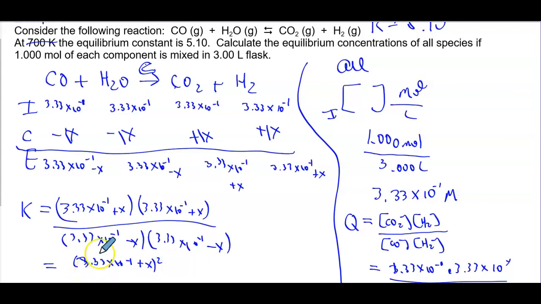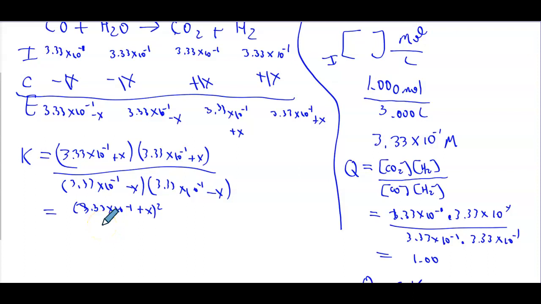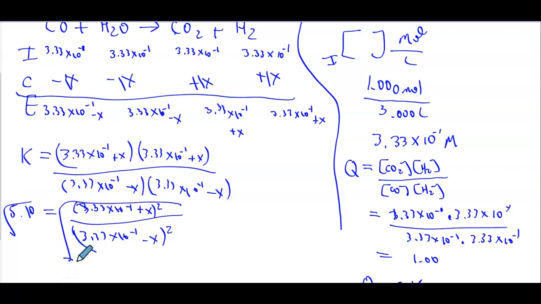over 3.33 times 10 to the minus 1 minus x squared. And remember, we already know K. We got that from the problem. So how do I solve for x? Well, if I have a squared over a squared, I can take the square root of both sides. So I'm going to take the square root of this side and the square root of this side. So 5.10 in my calculator, square rooted,